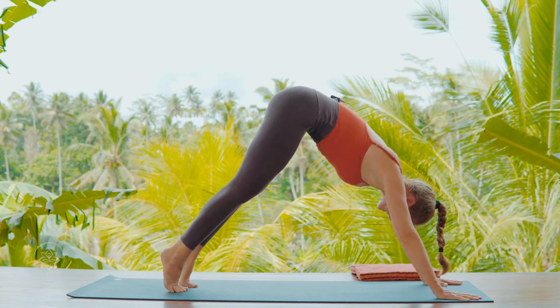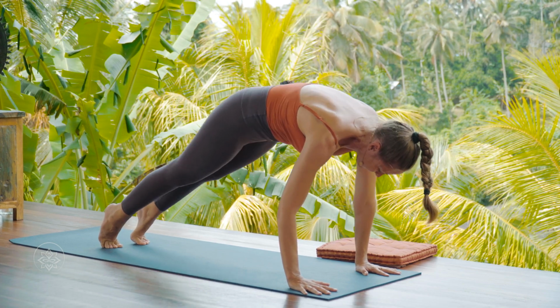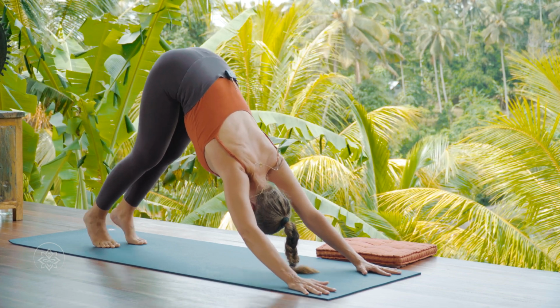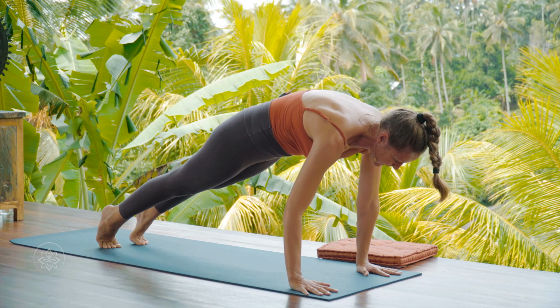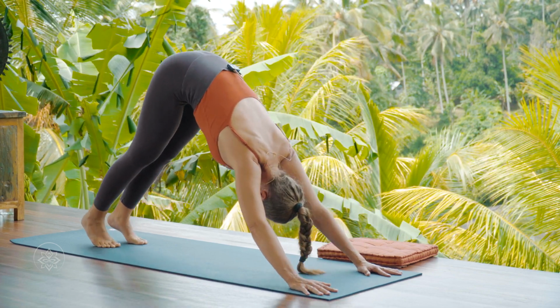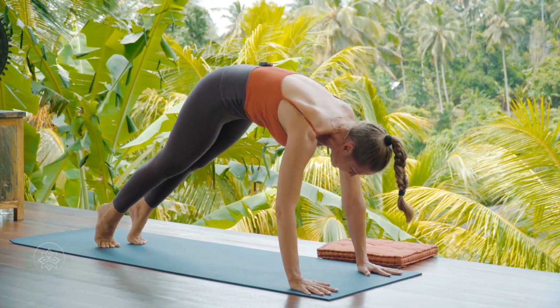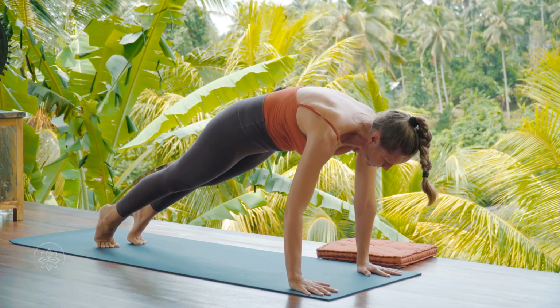Come onto your toes and roll your shoulders over your wrists. Exhaling, coming back to downward facing dog. One more time, inhaling, coming onto your toe tips, waving the shoulders over the wrist, and exhaling, coming back. Ujjayi breath one more time, inhaling, come forward, and we stay here for 3 breaths, being broad across the shoulder